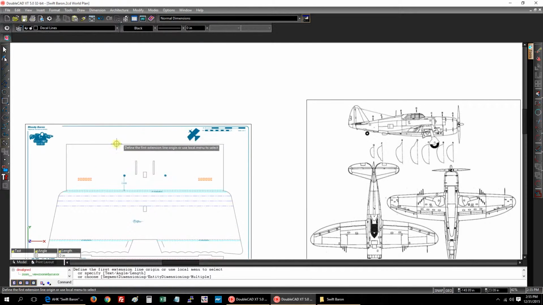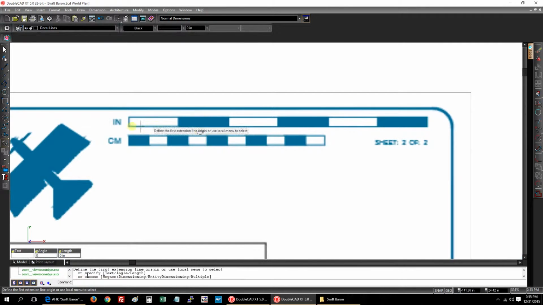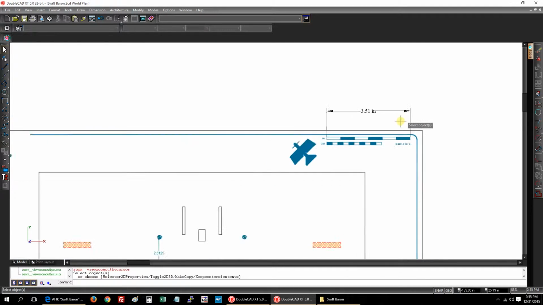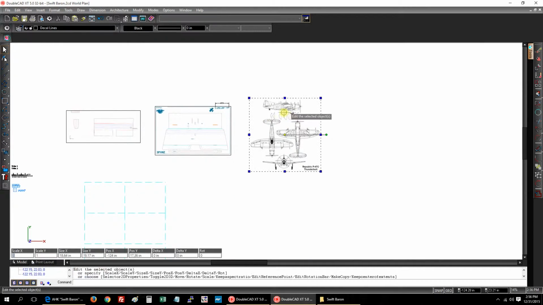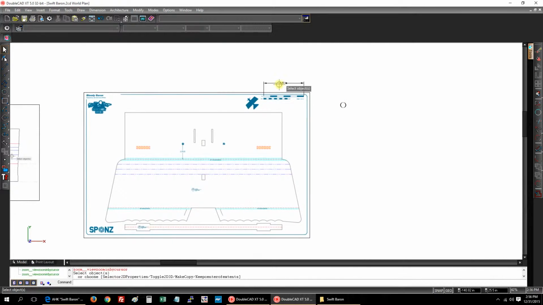I'm going to use a Bloody Baron wing. I'm going to go in here and take a measurement off of the little scale markers that Spawns drew on his plans. So first click, go to the end, second click, and I'm at 3.51 inches for the size. That means I need to go up quite a bit. Move this out of the way. And the easy way to do this,